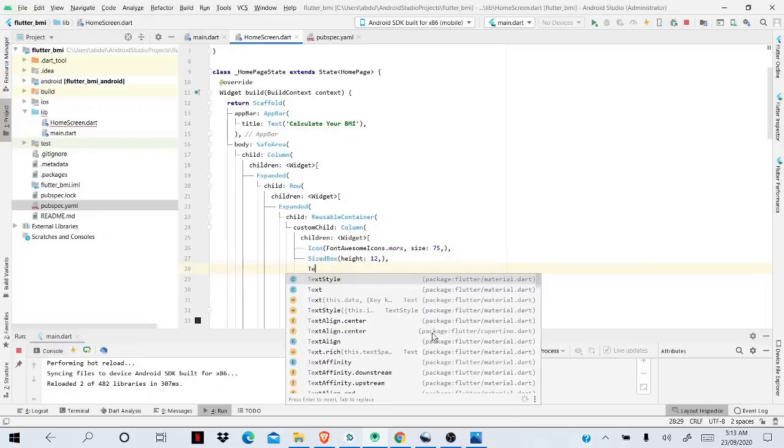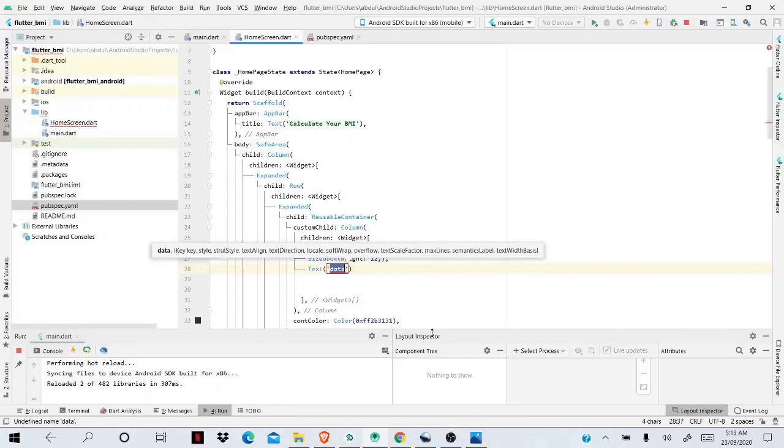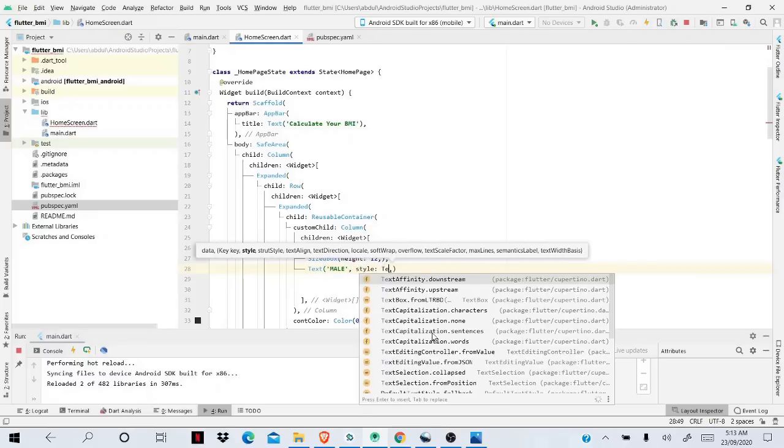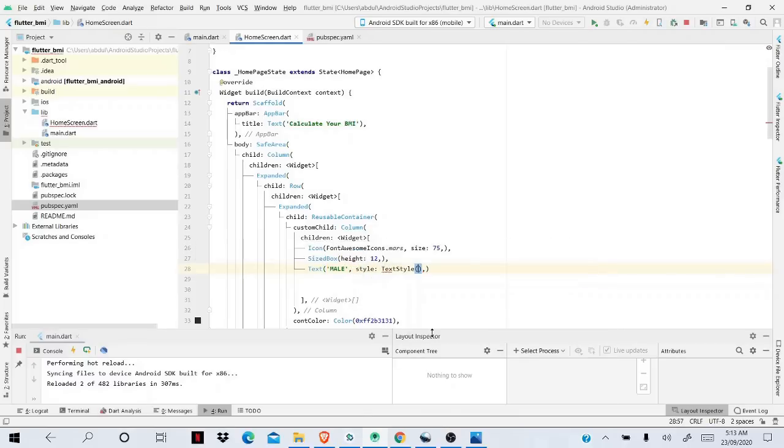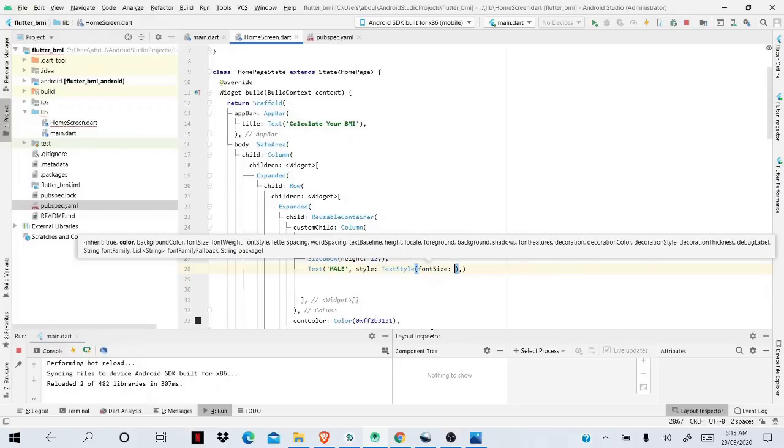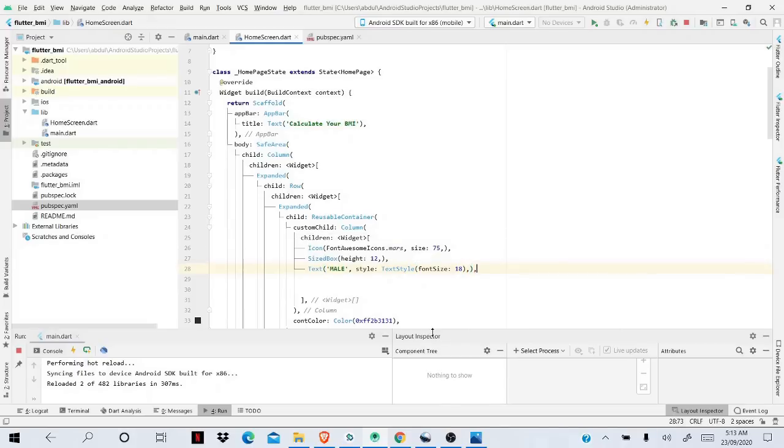And the last widget that we want is a text widget, and this will contain the text like male, and we want to style this, style font size probably 18 pixels, and if I save it now,